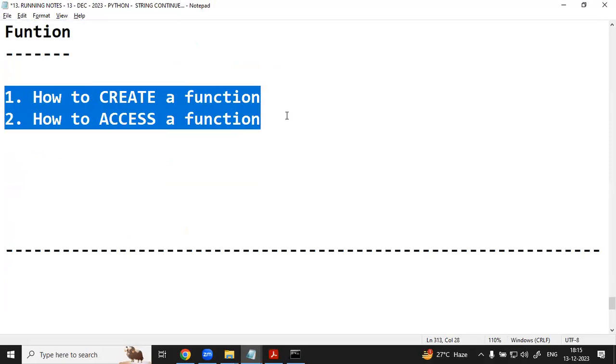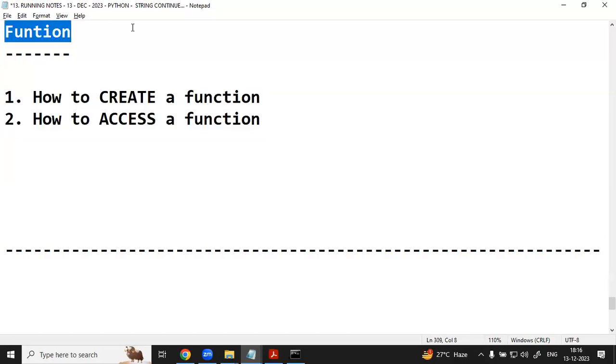The first one is writing a program by using a function is called a function oriented approach. Okay, we understand the theoretical definition. It's the right time; practically, you need to understand how to create a function and how to access a function. I'm sorry, I'm not explaining what is a function, because it will take on average 25 minutes of discussion. Maybe tomorrow. But today, just try to understand these two points.